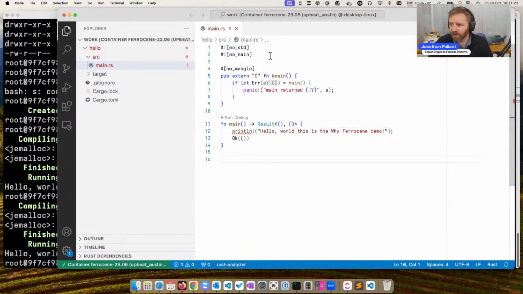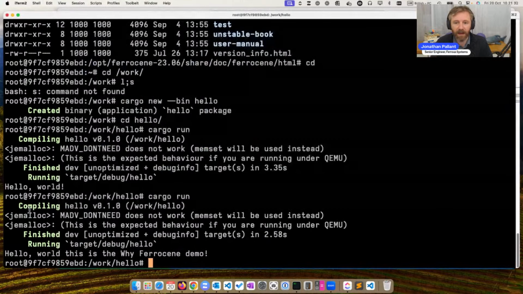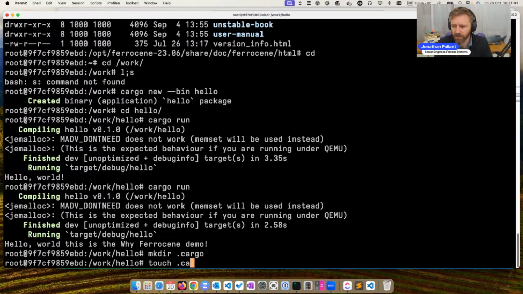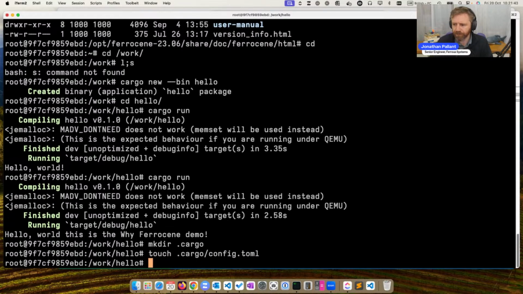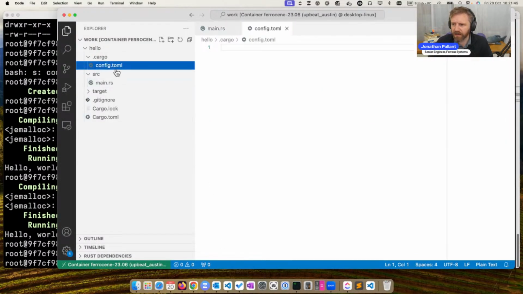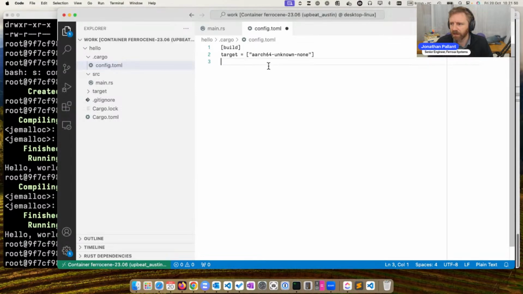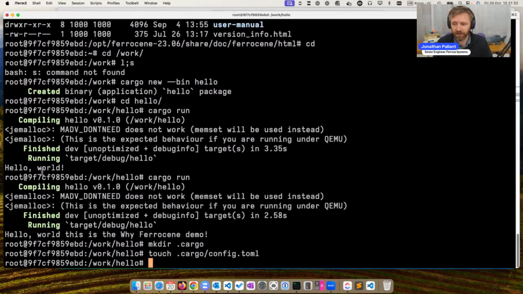And if this happens to return an error, I can't do println anymore because I've got no standard library available. But there we go. That's a good place to start. Now, we need to build this in 64-bit ARM mode. So let's make a .cargo folder and let's make a cargo config. And we want to set our default build target to be aarch64-unknown-none. And so now if we cargo build,